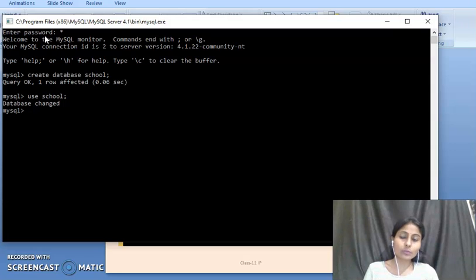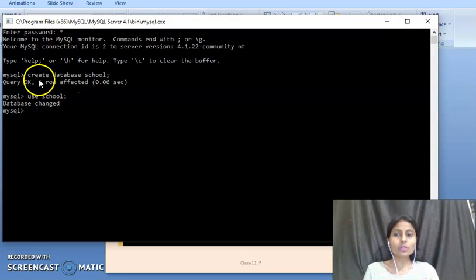So you have to remember the password that you set at installation time, and when the MySQL prompt shows on the screen, it means it is ready to accept your commands. Then you will write the command here. So the first command, when you start the work, is to create a database.